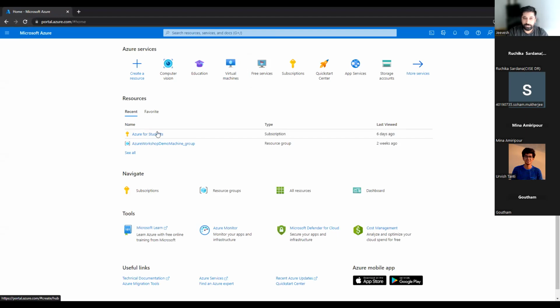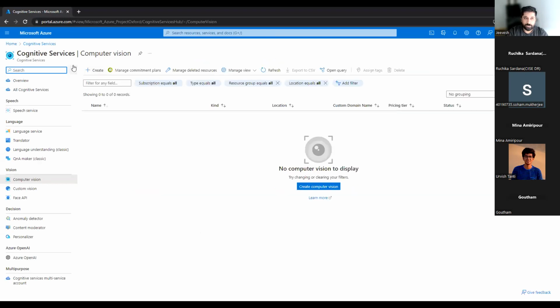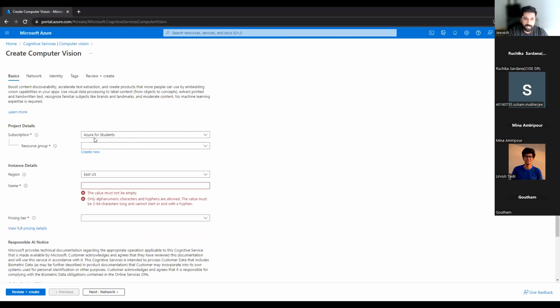I was just playing around with it a few minutes ago before the event. So I'll just show that to you. Let me go into the Cognitive Services. I know I've not discussed them till now, but I'm going to show you something about Computer Vision. And I'm using an Azure for Students subscription, which is the free subscription. So no credit card attached.